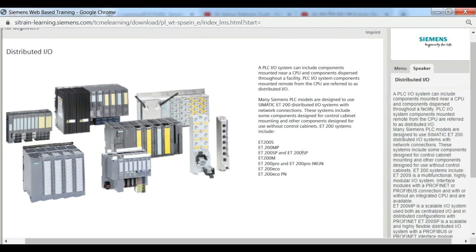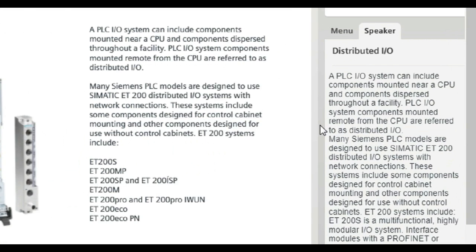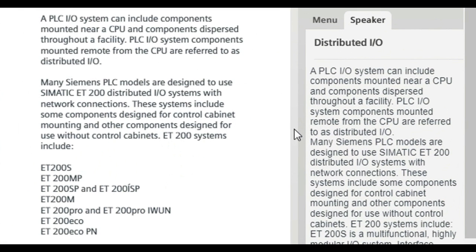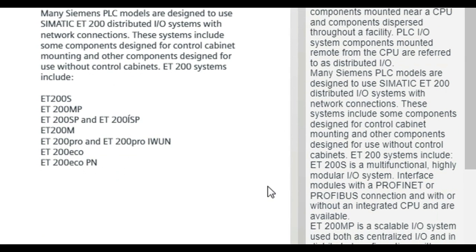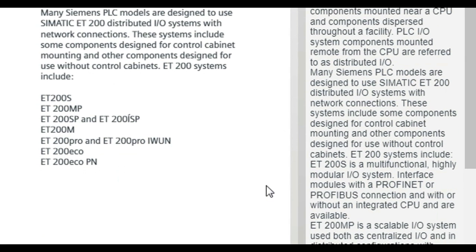A PLC I/O system can include components mounted near a CPU and components dispersed throughout a facility. PLC I/O system components mounted remote from the CPU are referred to as distributed I/O. Many Siemens PLC models are designed to use SIMATIC ET200 distributed I/O systems with network connections. These systems include some components designed for control cabinet mounting and other components designed for use without control cabinets. ET200 systems include